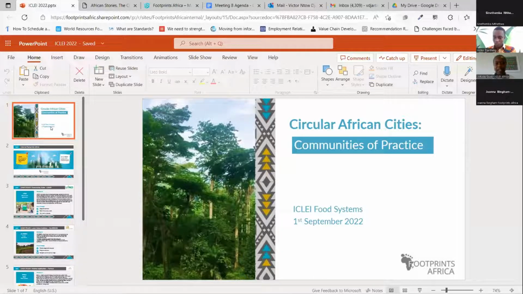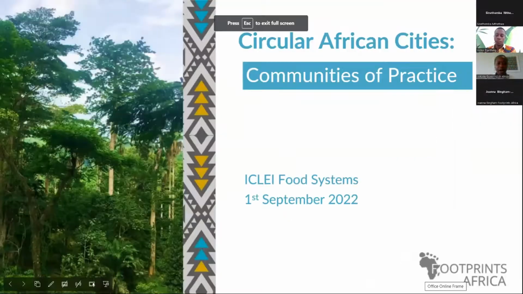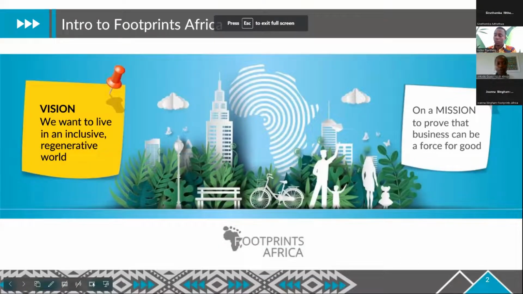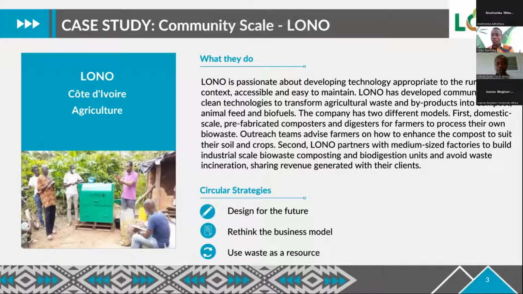My colleague will paste the questions in the chat, but just to remind you: are these businesses or case studies circular, and why or why not? The second question is, how else can we incorporate the circular economy into food systems, and how is innovation integrated into these case studies? Also, as Victor mentioned, is there anything that stands out for you from these case studies? A reminder to please appoint one person from your breakout room to feed back in one minute something key or important that was discussed in your group. So I'm opening the rooms now.